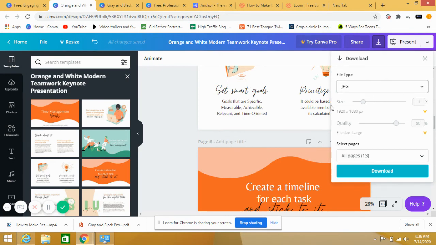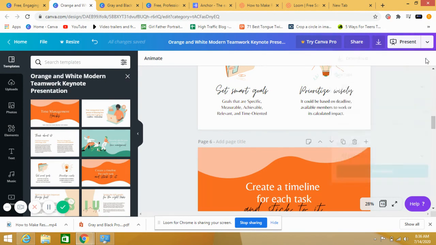Even after downloading in JPG format, you can go to Microsoft PPT and paste all the images there. So it's very simple to use. I don't think that you will face any problem. Just go ahead and check this website, and you can create the professional presentation.